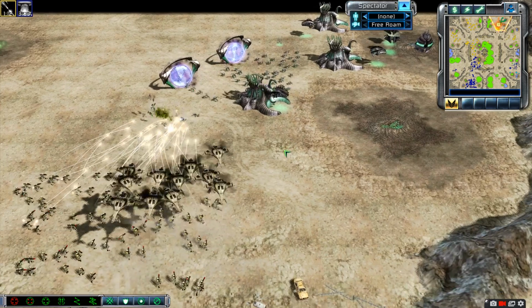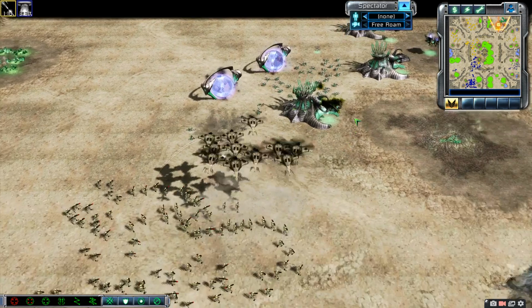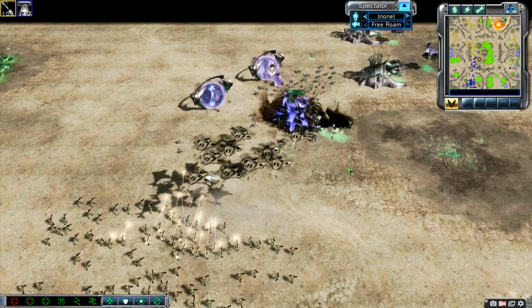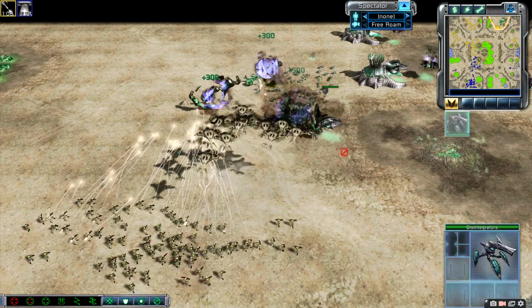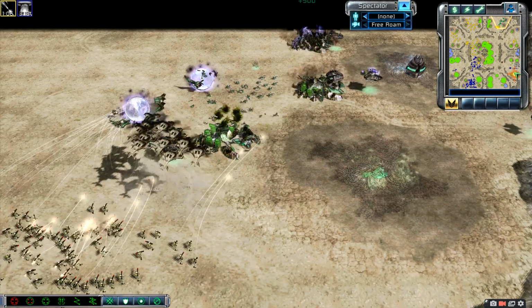Feyan just made a whole lot of missile squads and they're being protected by the hammerheads. So the hammerheads will destroy all these disintegrators. Matthew selling up. And that's the end of the game,